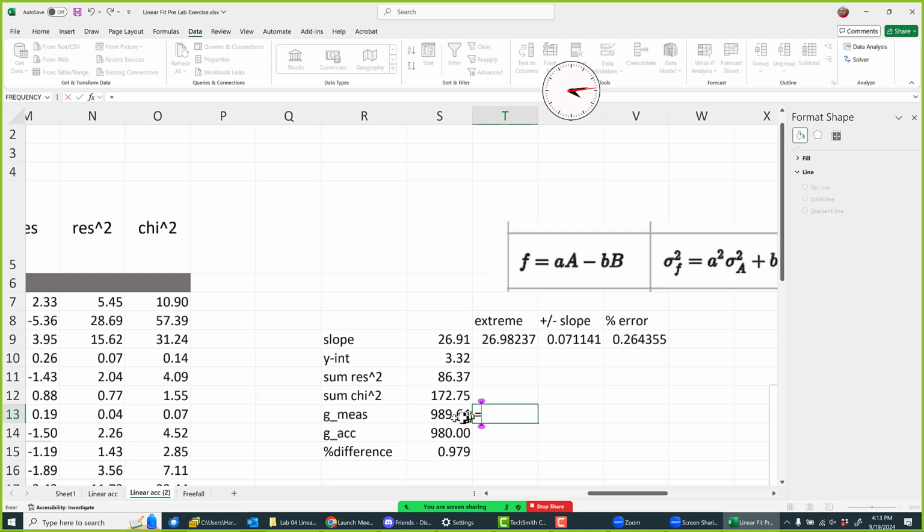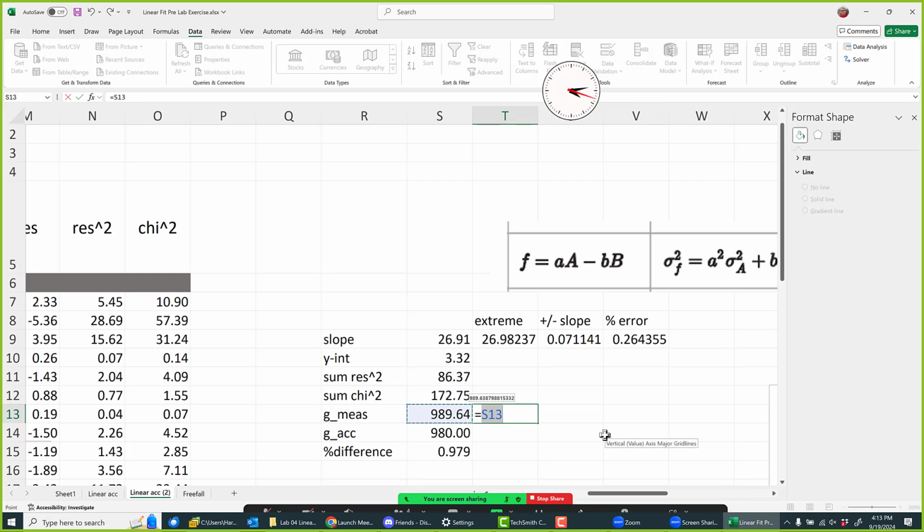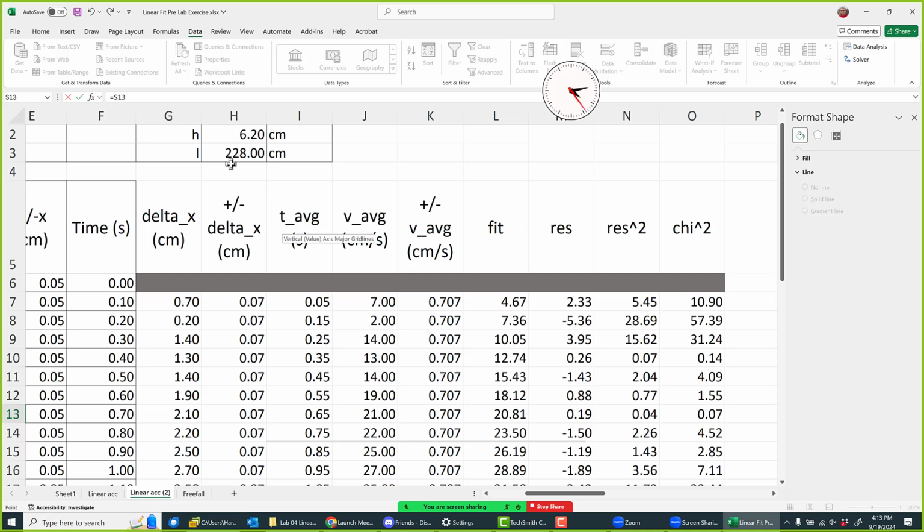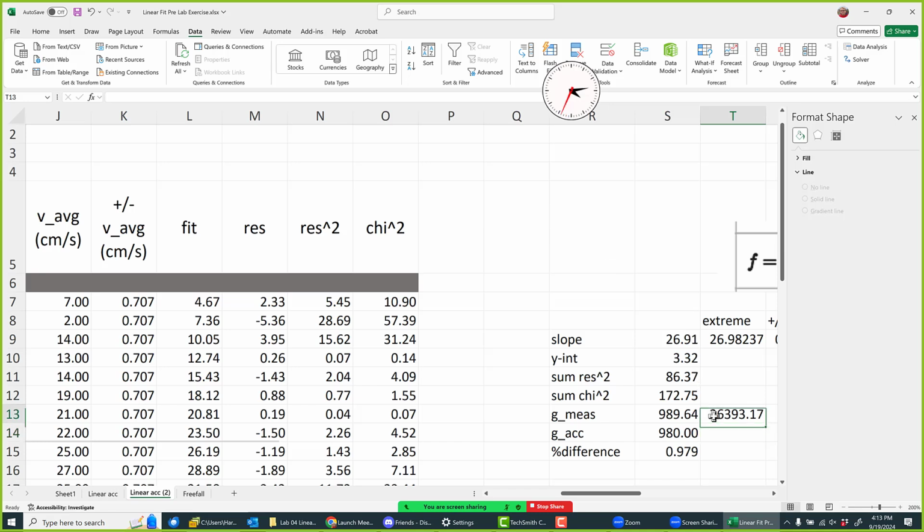So here we do. This equals the value of G measured times the L divided by H. No, that didn't work. What happened? Oh, duh. Sorry. It's this number. Yeah. One more time. Equals the slope extreme times,